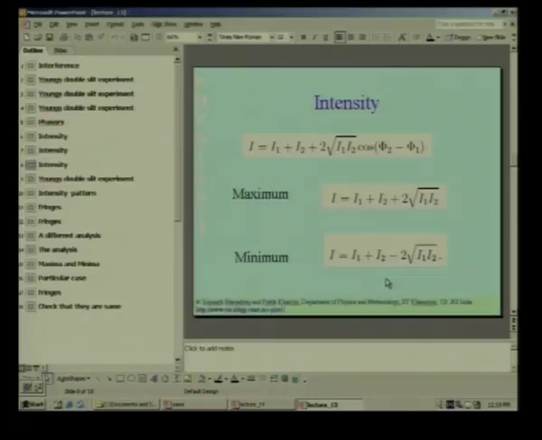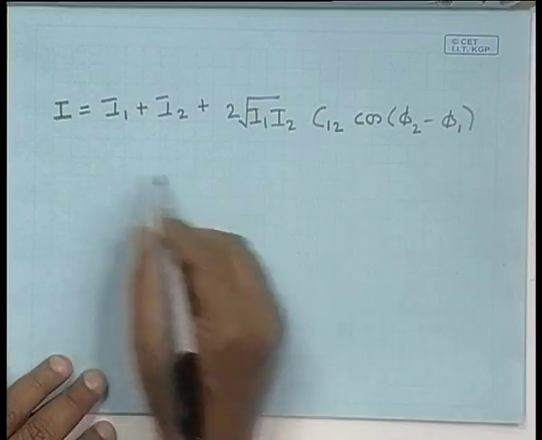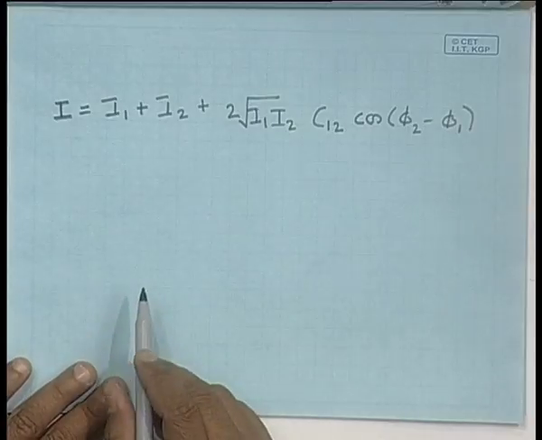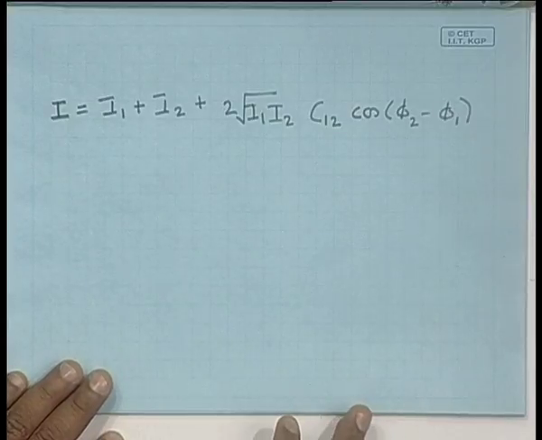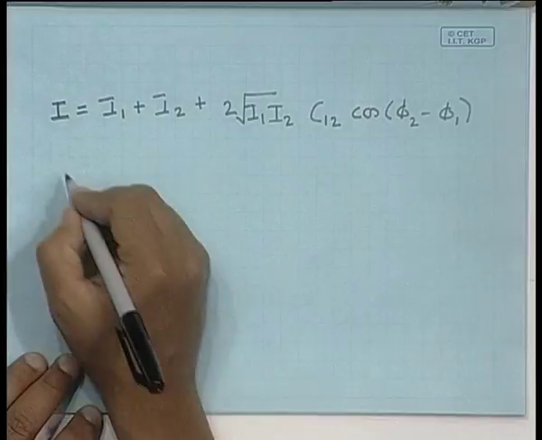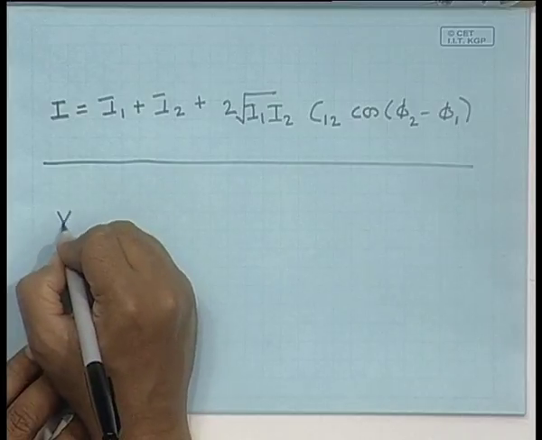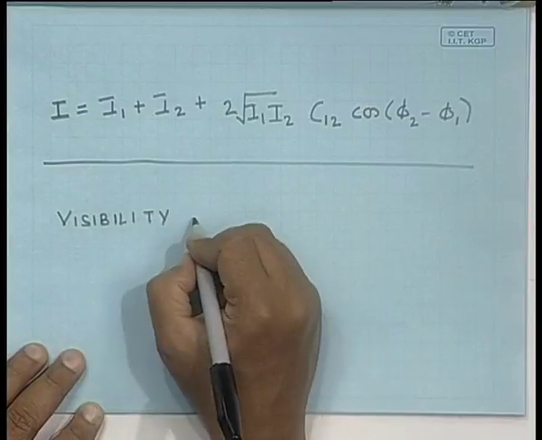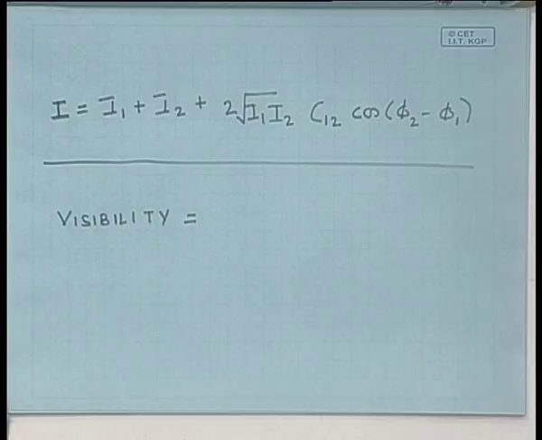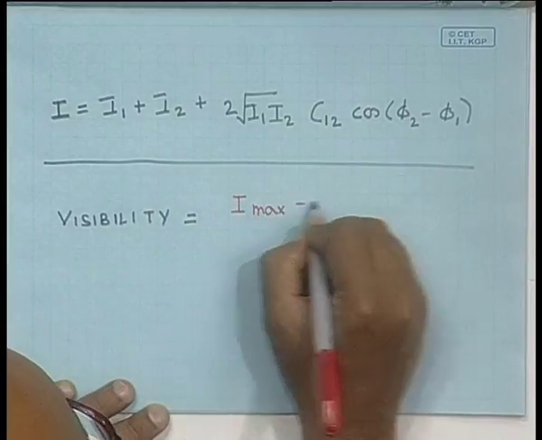Now, the effect of this partial coherence. If C12, the degree of coherence, is less than 1, the main effect is it reduces the difference between the maximum and the minimum intensity, it reduces the contrast of the intensity pattern. So, there is the concept of something called the visibility, which is defined as follows. Let me introduce this new quantity called the visibility. The visibility is defined as follows: I max minus I min